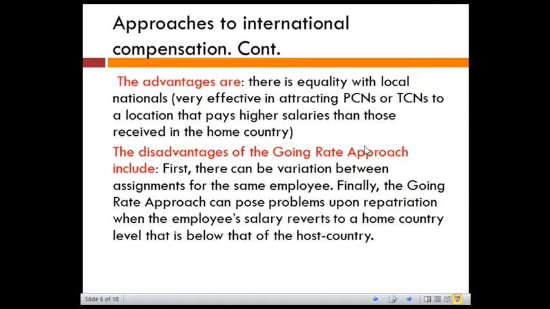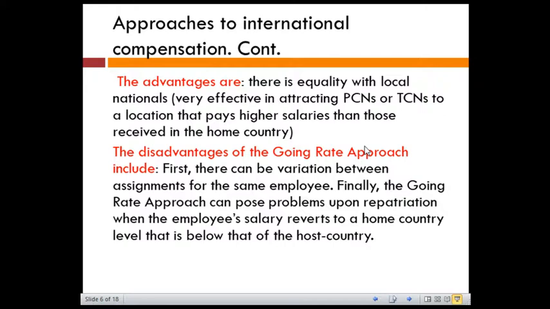Now, there are some advantages and disadvantages in the going rate approach, and we'll see a table later on in the slides. There are three very important advantages in the going rate approach. There's equality with local nationals. It is also very effective in attracting the PCNs or the TCNs to a location that pays higher salaries than those they received